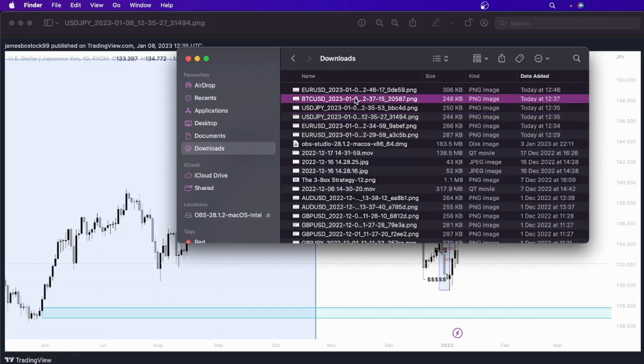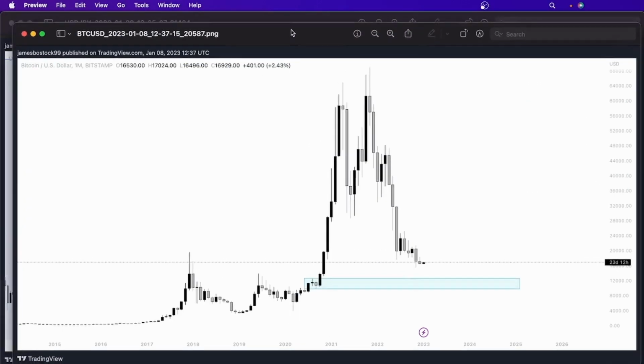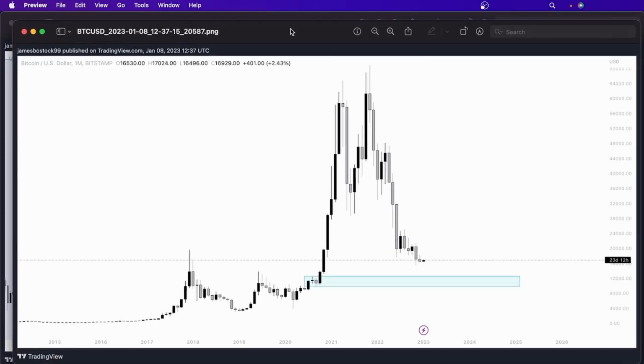Now we will go on over and look at the Bitcoin to the US dollar market. The reason I want to have a quick look at this is because I want to suggest my own outlook and my own bias on this market, because I feel like not a lot of people have actually looked at this from a smart money concept standpoint. I know a lot of good traders who are also looking at this 12,000 region as holding relevance.